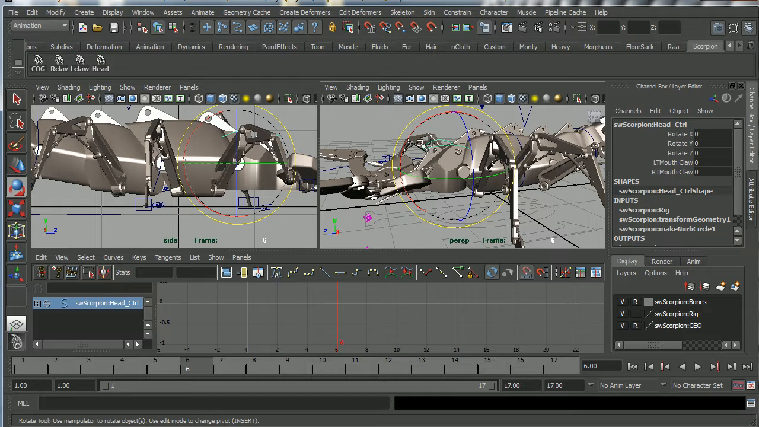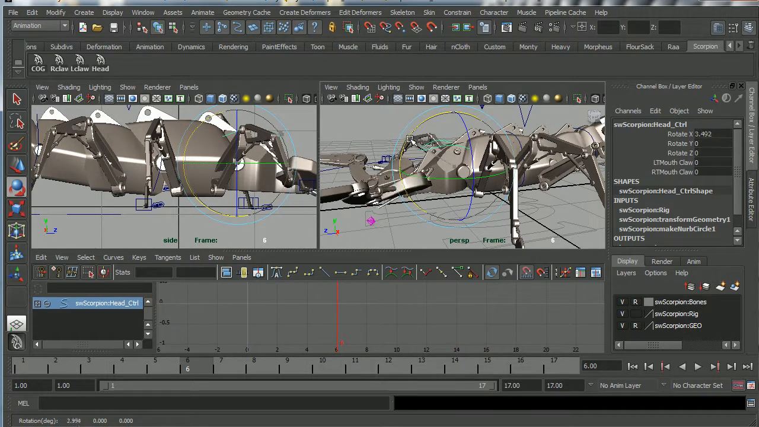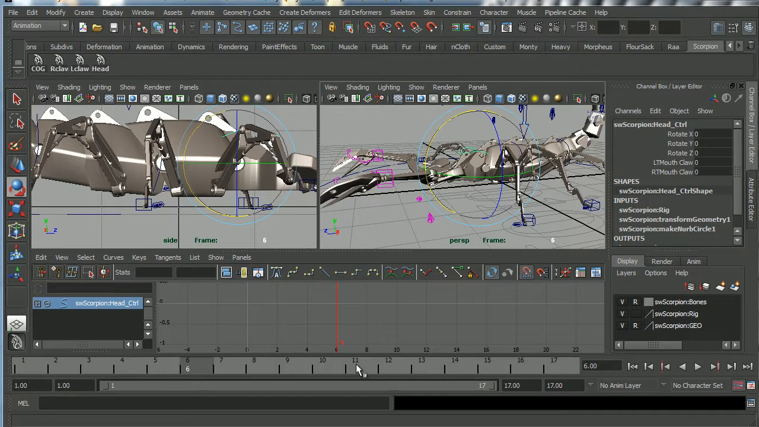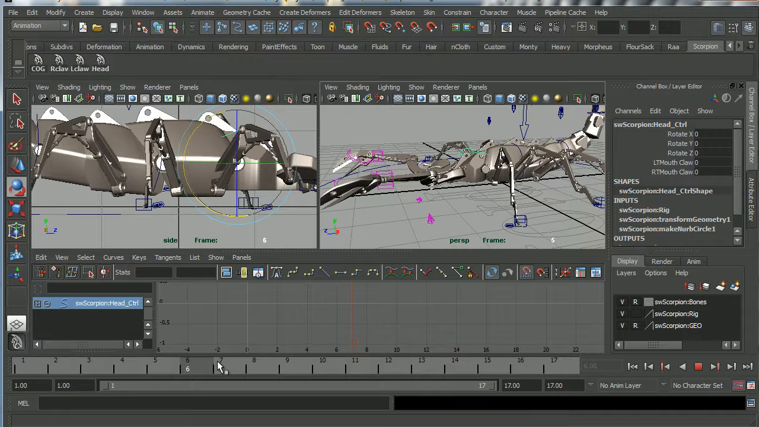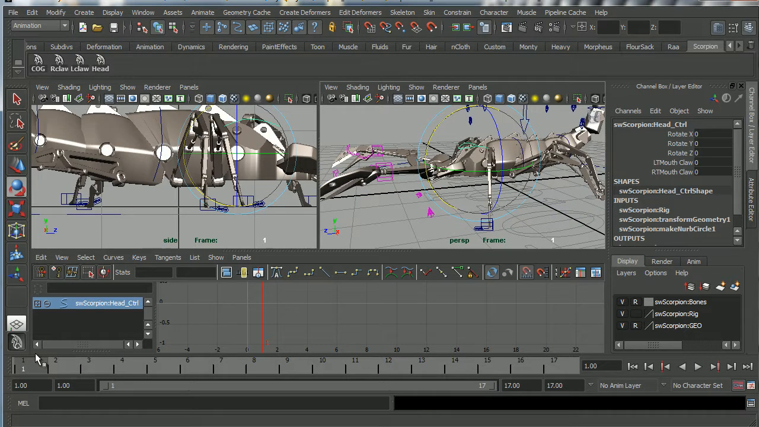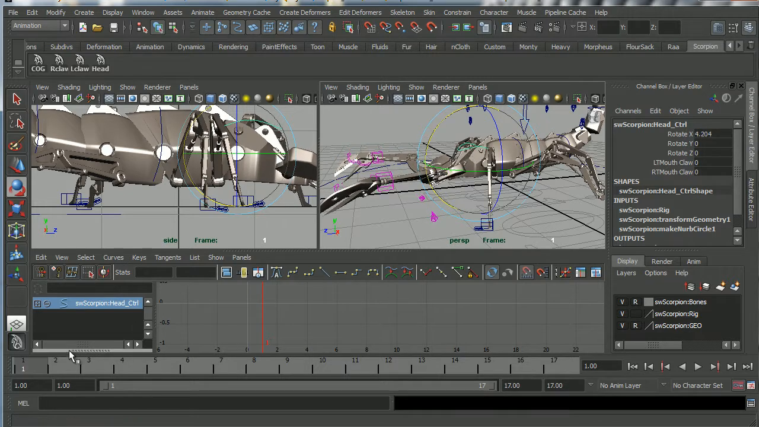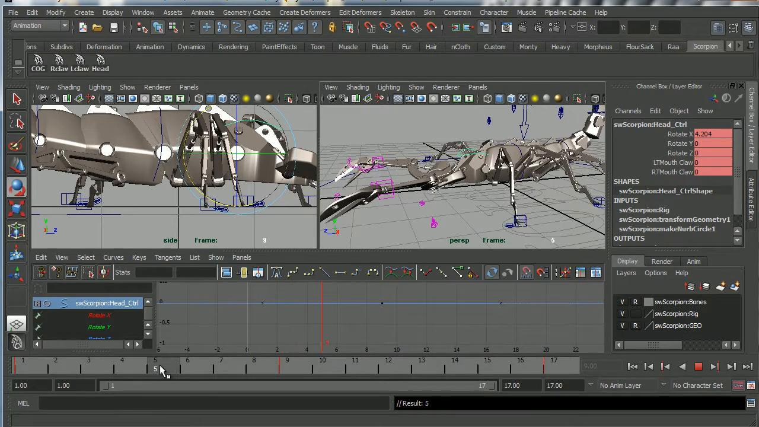And what I think we want to happen is for the head to oppose the motion of the body. So as the body goes down, the head should go up, and vice versa. So I'm going to set a keyframe. I'm just going to have the head go slightly down at frame 1, set a key there, middle mouse drag that to frame 17, middle mouse drag that to frame 9 as well, and then at frame 5 I'm just